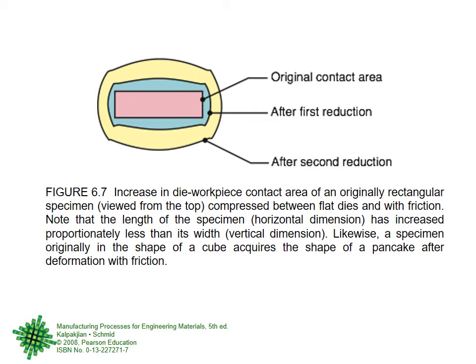So we do one time about 20-25%, then we do another time about 20-25%. What we are showing here is the original height. Then after the first reduction, we do forging in one step, and it becomes this. Then after the second reduction, we do forging like this and so forth. Sometimes we do it in steps to avoid huge pressures and the chance of breaking.